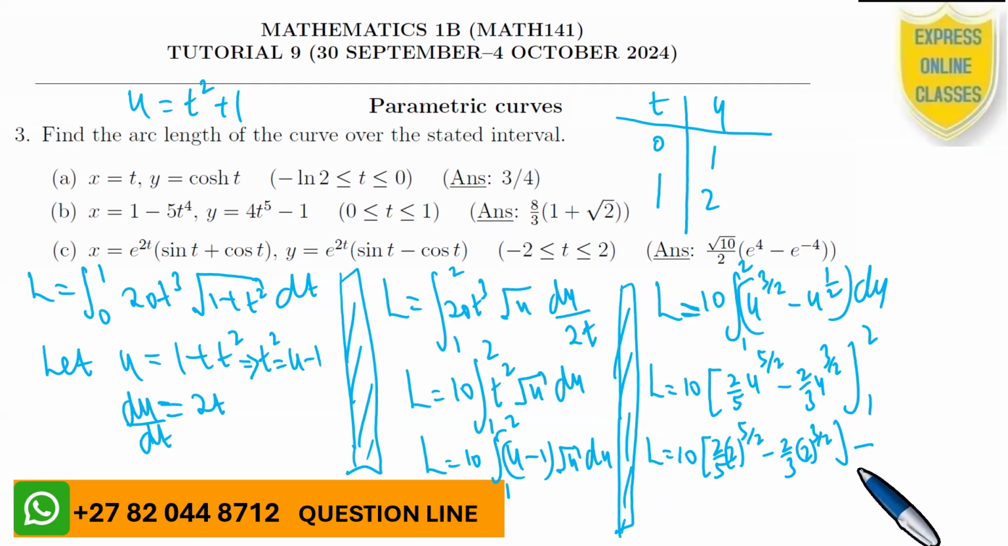So now you then have 10, which means that you'd have 2 out of 5 minus 2 out of 3. Okay? So now we just need to simplify this thing we've got. So you can pull out common factors, etc., and see what we are able to achieve. So let us check what we can achieve here in line with what has been given. Well, the answer is to be 8/3 of 1 plus